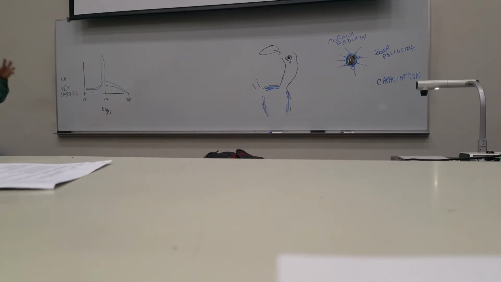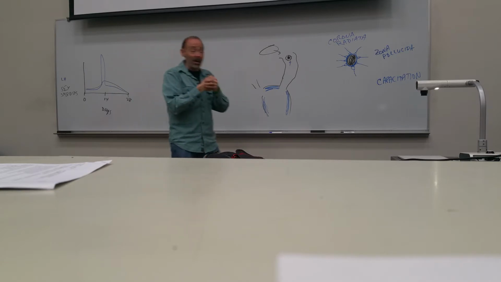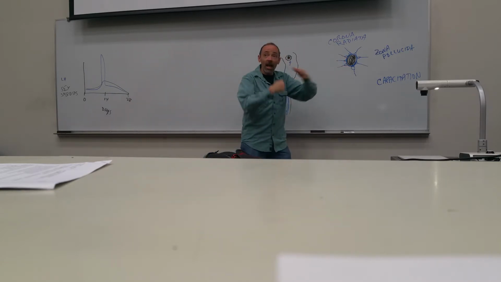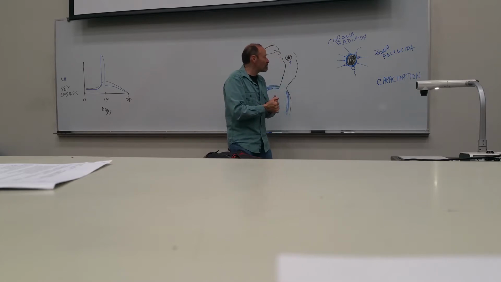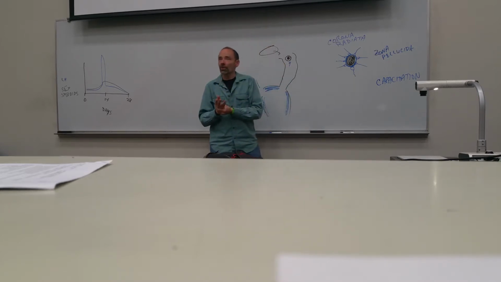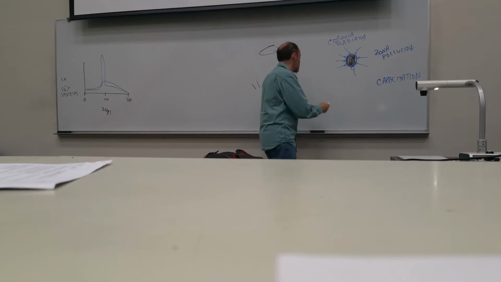So in order to get through that zona pellucida, now that you've bound to it and recognized it, you've got to get through it. Then you've got to get to the membrane underneath there, fuse with it, and put your DNA in the cytoplasm of the egg. That means you've got to carry some enzymes with you. If you look in detail at this sperm cell,